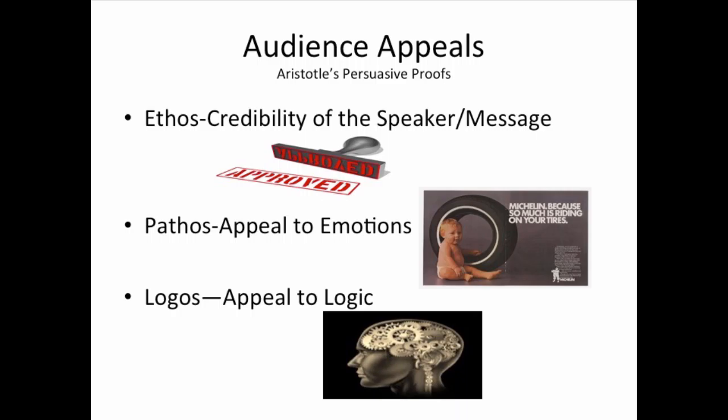So what I have is this circle with ethos in the middle and logos and pathos on the outside of that circle. And ethos comes first, I personally believe, for a reason. The way you utilize logos and pathos is a big part of how your credibility is established in a paper or a presentation. So one thing I talk about with my students, and this is why I have the big approved stamp, is that we don't come into any communication setting with credibility. We don't. It all depends on our audience. Our audience gives that to us.